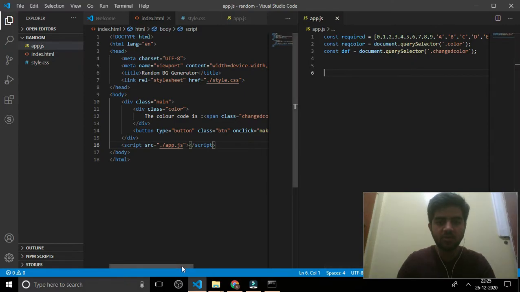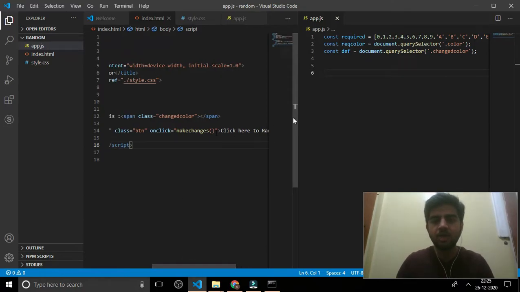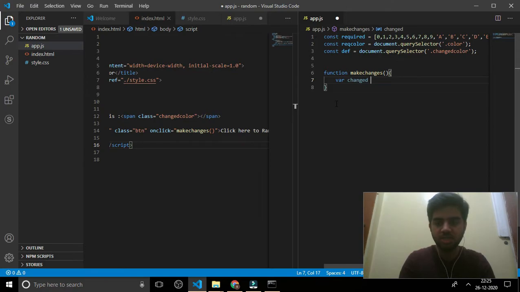Now we have an event here called make changes. On click, that event will be passed to app.js. Let's declare a function make changes. Before that, let's declare a variable now. Variable changed is equal to a string with a hashtag in it.